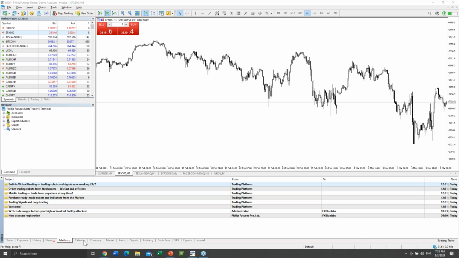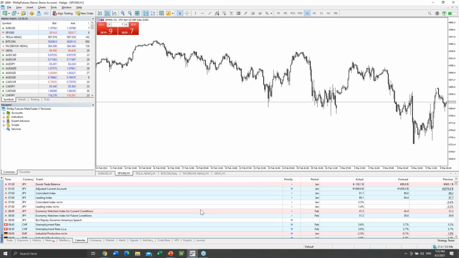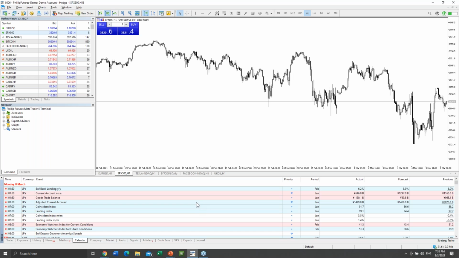Okay, so we move on to the economic calendar. The economic calendar shows you the different periods and different economic data which you need to put your eyes to, especially if you are fundamental traders. You know that prices are affected by several things: global events, global happenings, and also economic data. One such example would be the